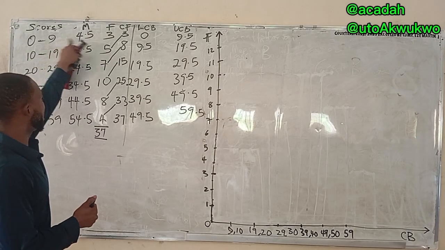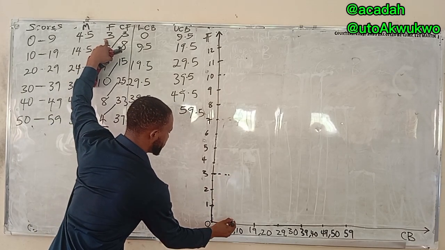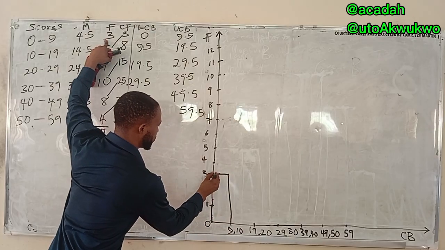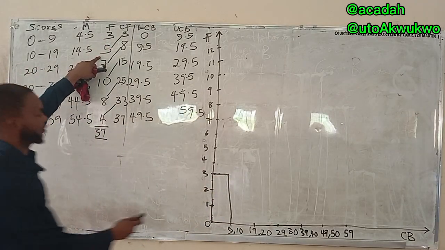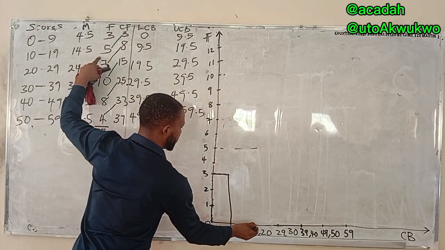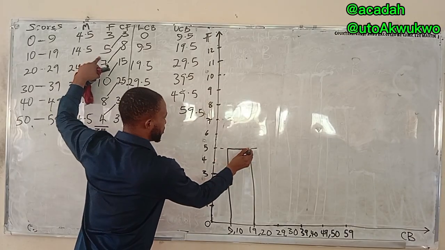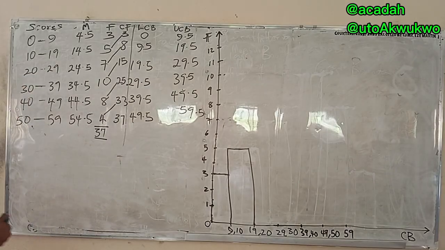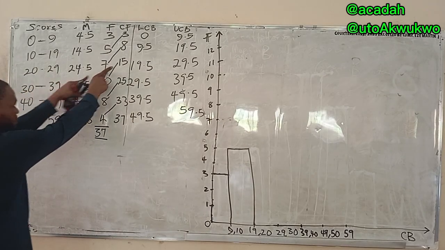For this, 0 to 9 is at 3. So I can now come and say this is 3, to this point. Now the next one, 10 to 19 is at 5. So this 10 to 19 is at 5. Rotate it, fence line. Project it up. I'm cleaning the traces so you know it's supposed to be fence line. Then 20 to 29 is at 7.